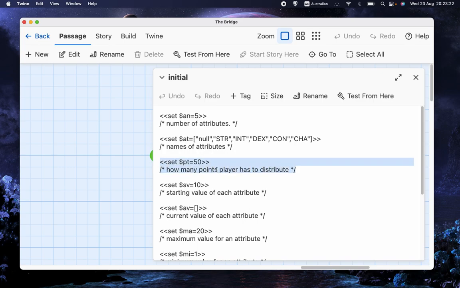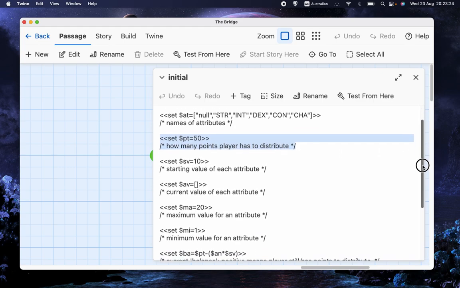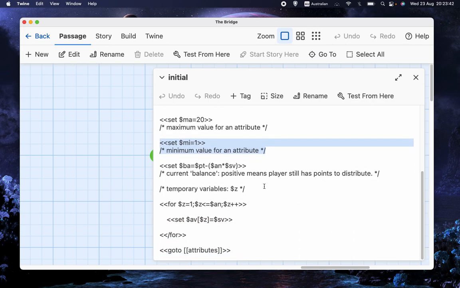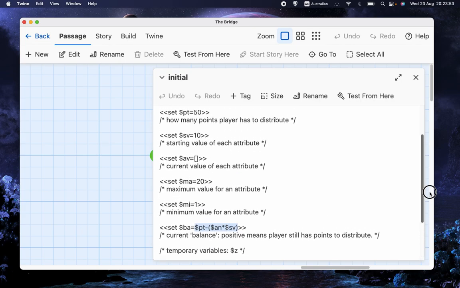Then we choose how many points the player has to distribute. What are they going to start at? We have an array for the current value of each attribute. And then we have MA and MI, which are the maximum and minimum values that we're going to allow. And then we have BA, which is balance. And that starts as this formula here, which is PT, how many points you have to distribute,